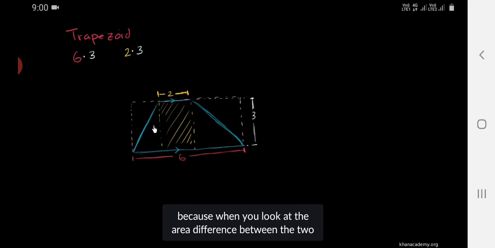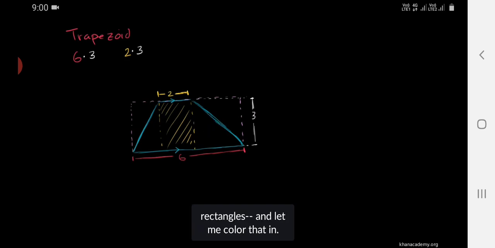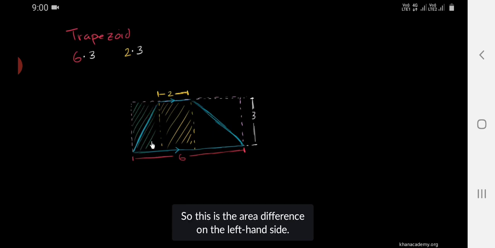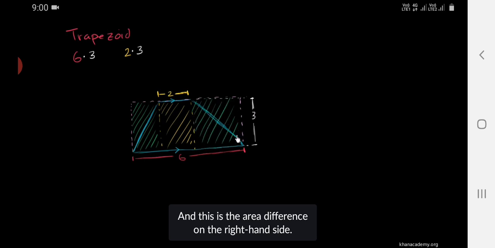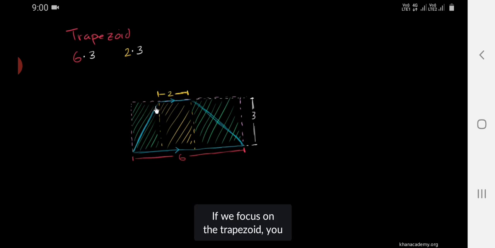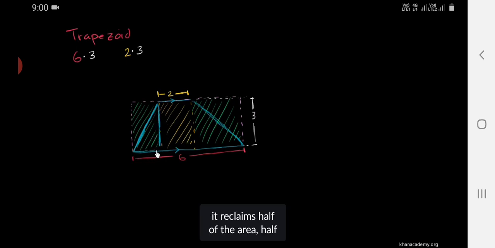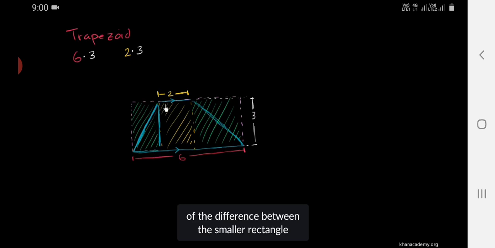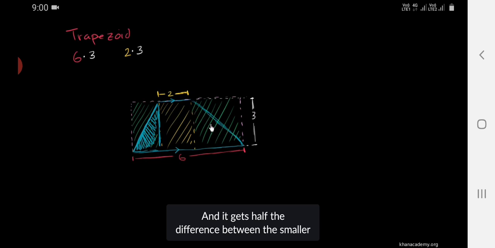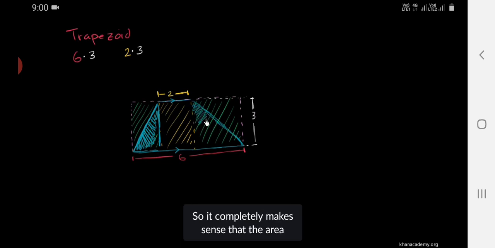Because when you look at the area difference between the two rectangles, and let me color that in. So this is the area difference on the left-hand side, and this is the area difference on the right-hand side. If we focus on the trapezoid, you see that it reclaims, if we start with the yellow, the smaller rectangle, half of the difference between the smaller rectangle and the larger one on the left-hand side. It gets exactly half of it on the left-hand side, and it gets half the difference between the smaller and the larger on the right-hand side. So it completely makes sense